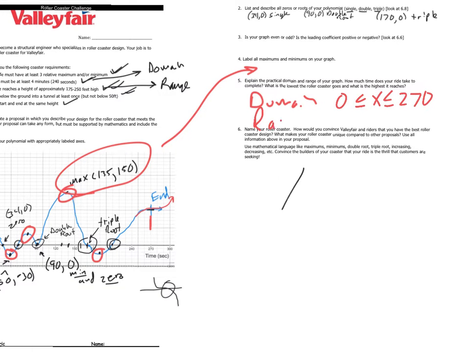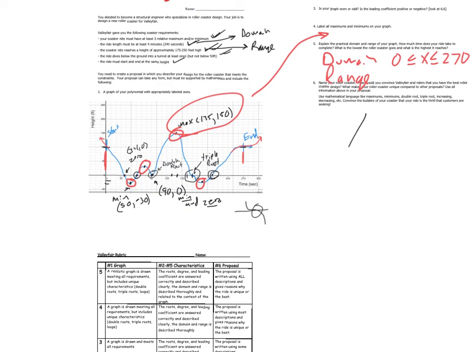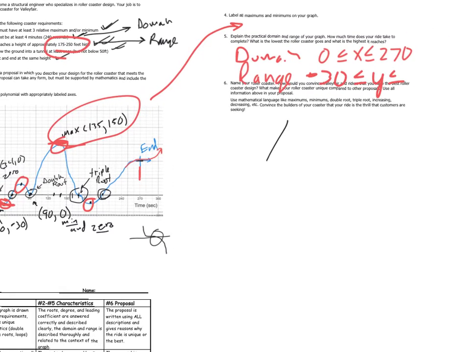Range is the height, smallest to largest. The lowest I go, I think, was negative 30. So this is negative 30. And the highest I got was 150. Now remember, it talks about you have to go at least 175 to 250 feet,